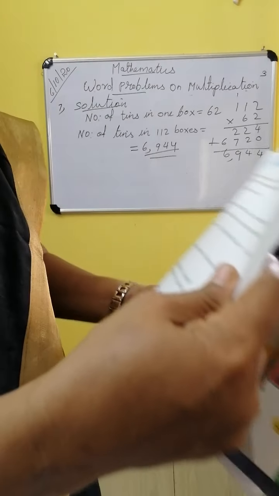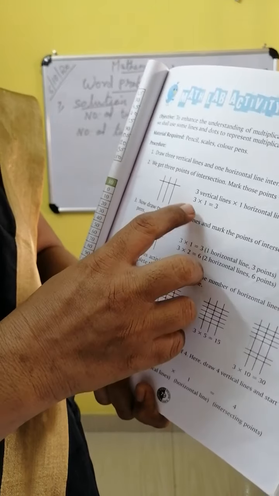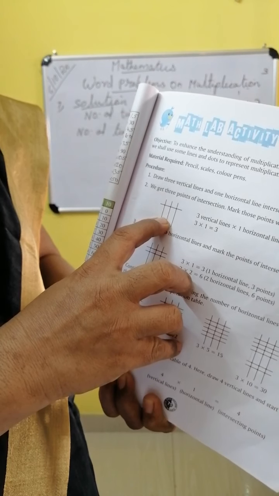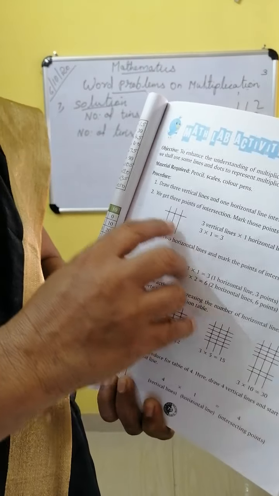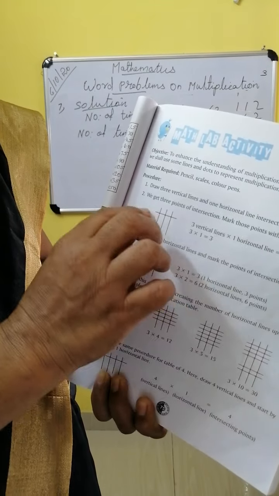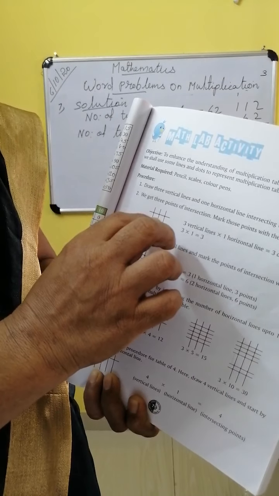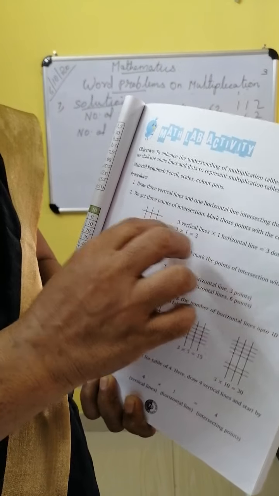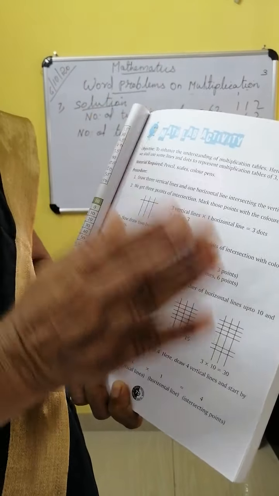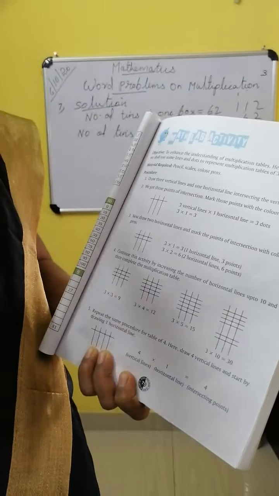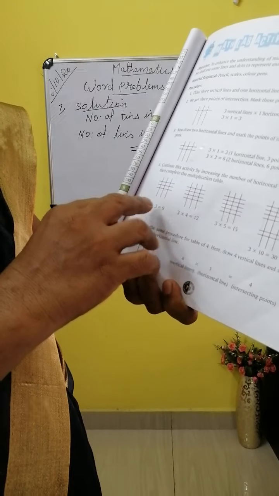Here it is, mental lab activity. You know how to do it? This is table of 3. Three horizontal lines are there. That is 3. Then 1 cross line. That is 1. If you put 2, 3 twos are. 3 lines, 3 threes are. 4 lines, 3 fours are. 3 fives are. 3 sixes are. Like that, put the cross line. You don't have to put it in the notebook. You can do it in a rough book and find out the answer.